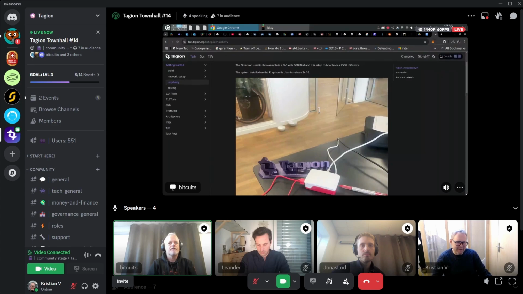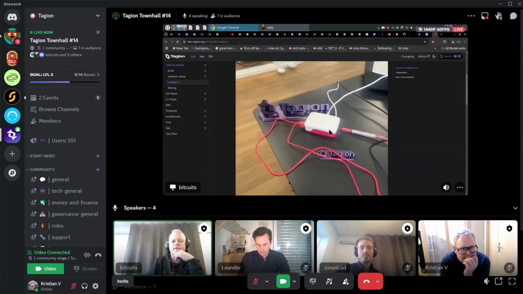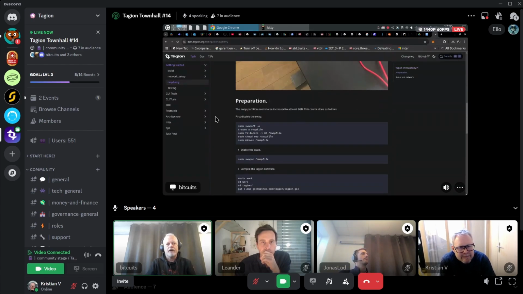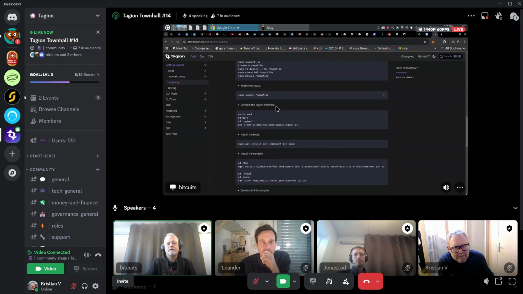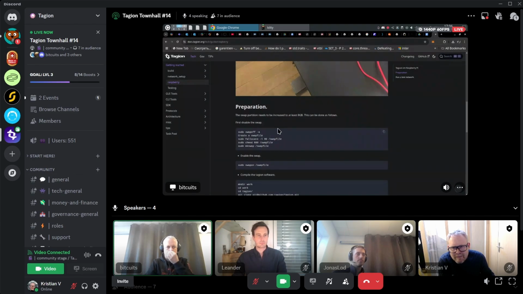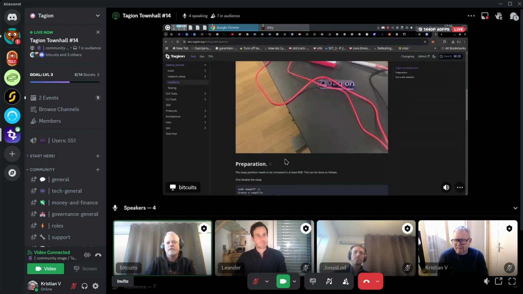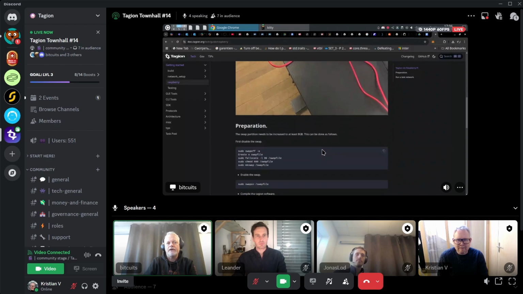So we have made a small demonstration on Raspberry Pi. So this is a Raspberry Pi. It's a small computer. It's actually a mobile chip inside, but you can see it's the size of a small wallet or something. And we have made a simple description on how to install it on a Raspberry Pi. We are running an Ubuntu version on the Raspberry Pi. If somebody knows something about Raspberry Pi, this is a Raspberry Pi 5. So it has 8 GB of RAM, and we have added